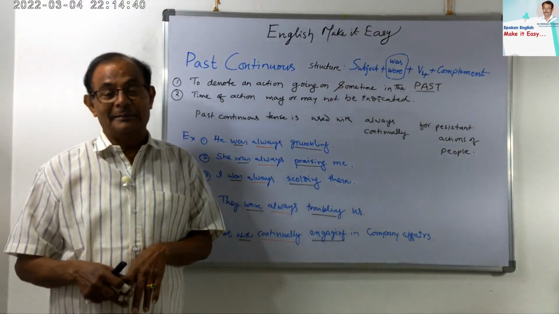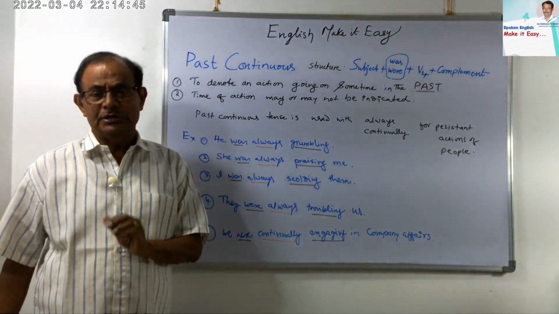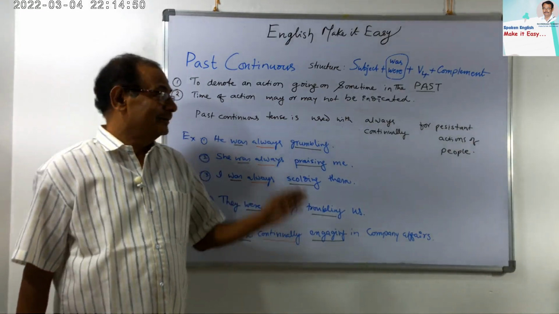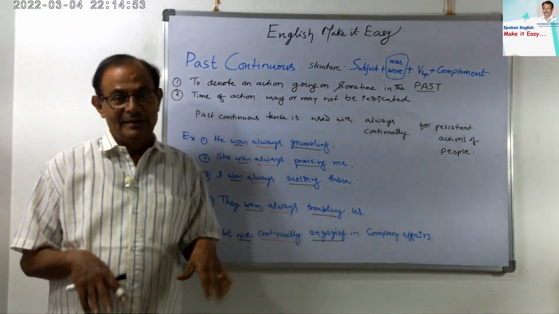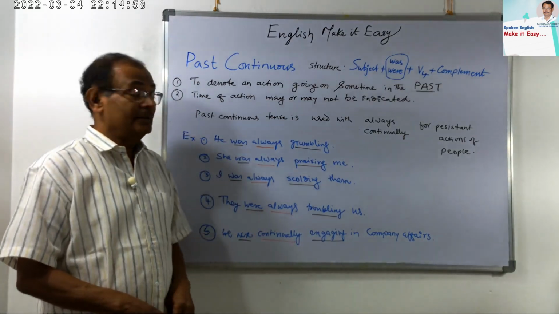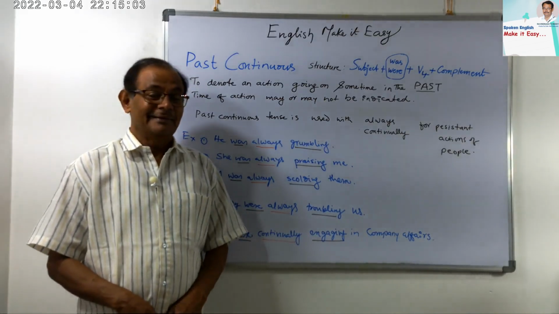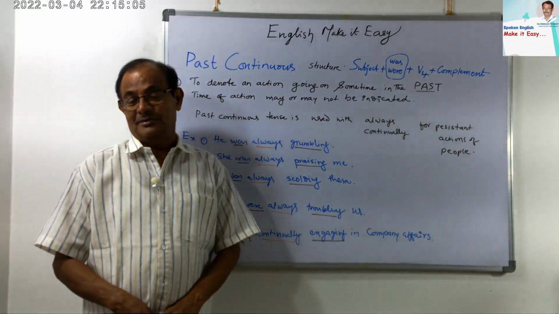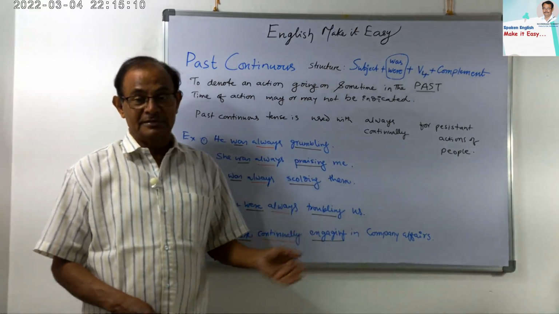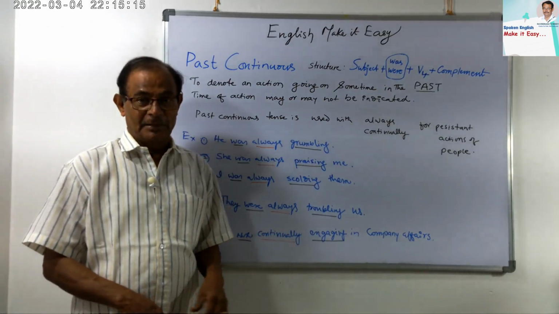You cannot compare the simple past with the future continuous. That is wrong. There won't be any matching at all. Only related things can be compared well, and there will be very minor changes. Got my point? Okay, let us move on to the next topic, that is past perfect. Like present perfect, we have past perfect also. How the structure looks, what the uses are, and some examples we can see in the upcoming slide or video.